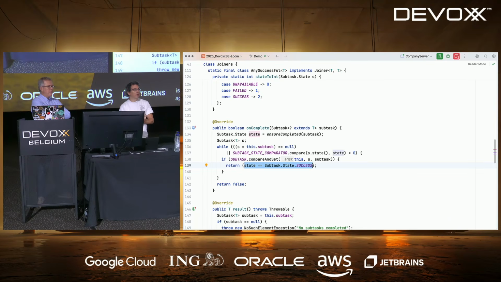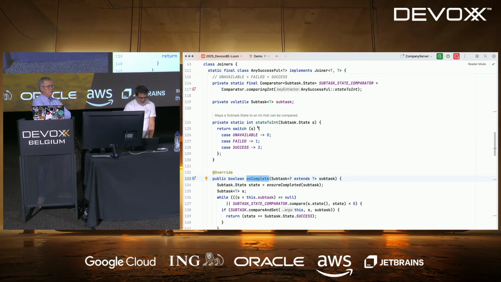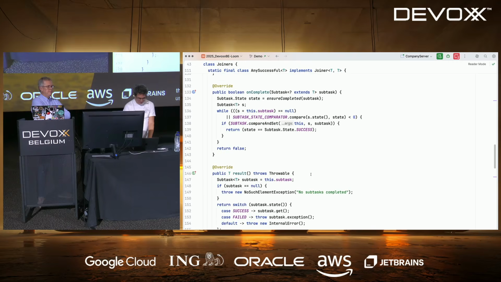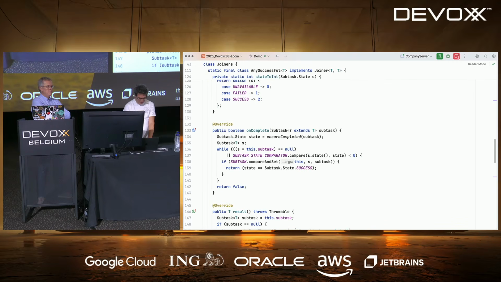If the state is success, then I'm okay. The main issue is that onComplete is called by different virtual threads, so you have to use volatile, and here, because we want to update the task here, we are using a concurrent set for doing this, because we don't want to pay too much for that.